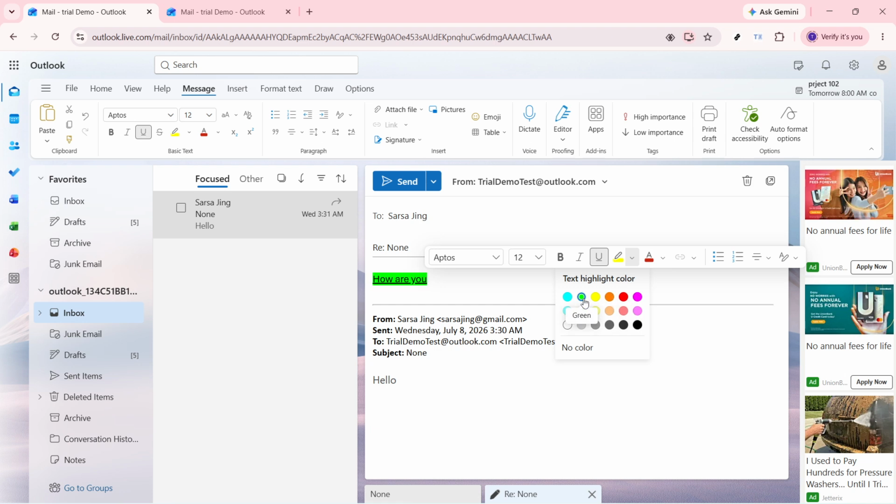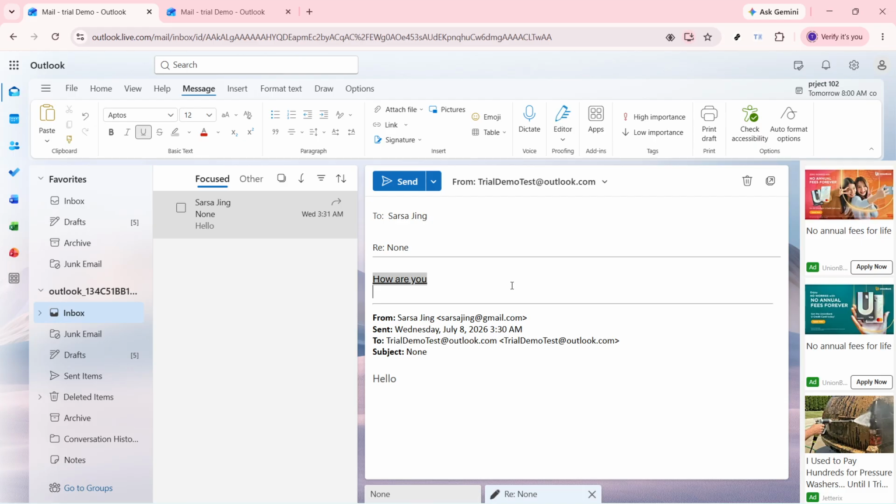If you don't see the option immediately, take a quick look across the formatting toolbar in the reply box. It may appear alongside other text formatting tools like font color, bold, or italics. Choosing a clear, readable highlight color usually works best, especially if you want your message to stay professional and easy